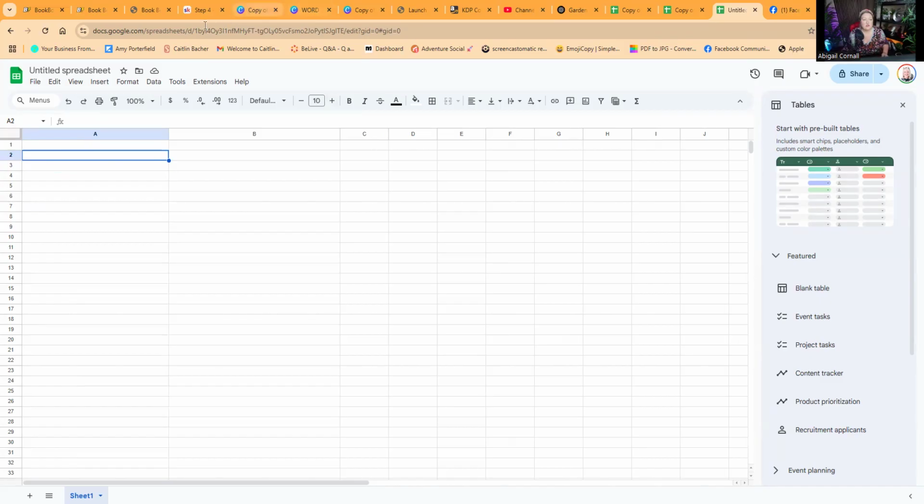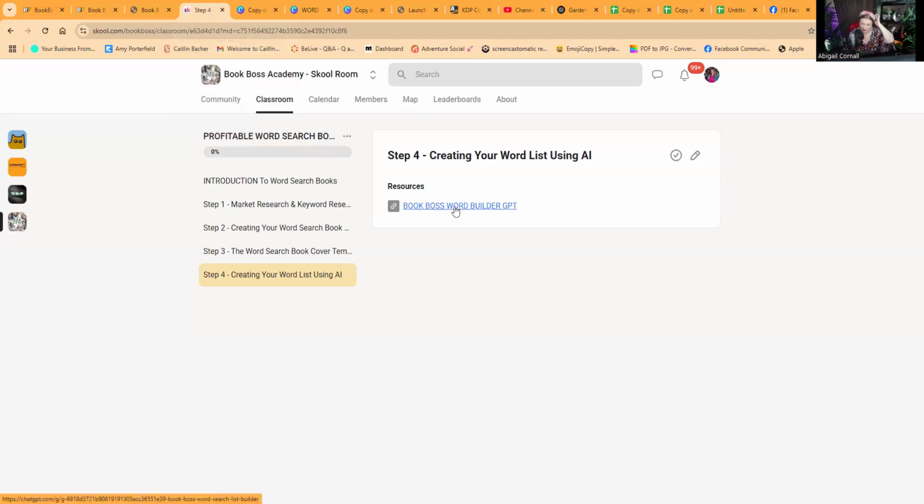And now you're going to go to the Book Boss GPT. So there's a word builder, a Book Boss word builder GPT. So I want you to click on that. That is a GPT that we've had especially made here inside the Book Boss Academy to help you to create your words list. It would take you hours and hours and hours to try and dig out the words from the internet yourself and try and put these word search puzzles together yourself. So it's great that we can now use AI, we can now use ChatGPT to help us to create themed lists. So you're going to go to your Book Boss Word Builder